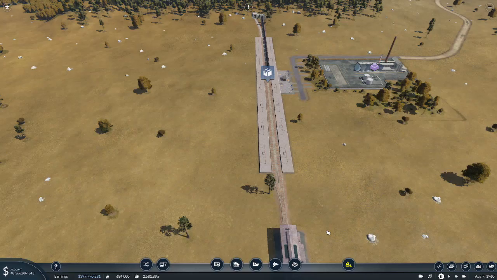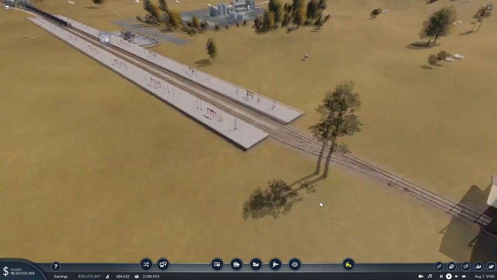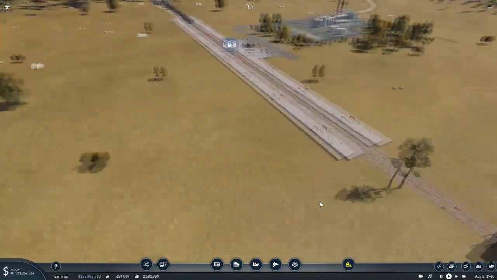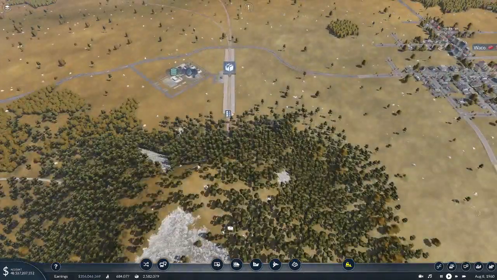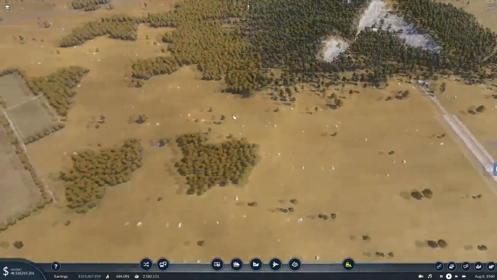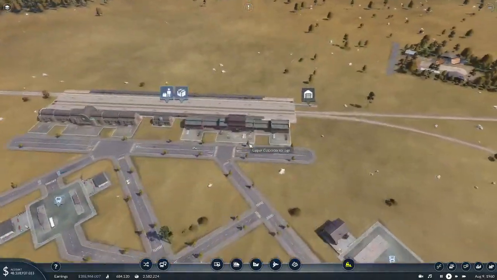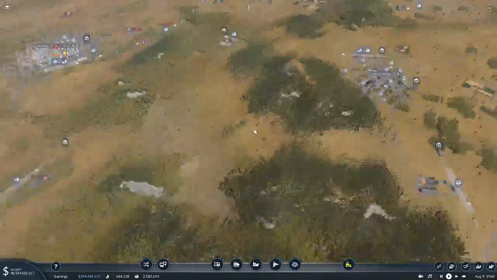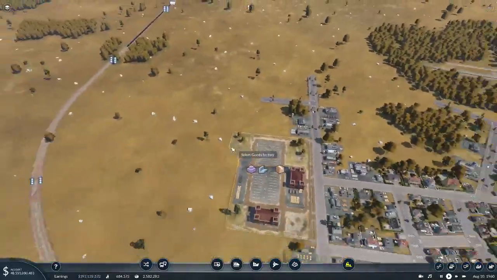There we go. Waco Plastics. This one had been stuck because I forgot to put an interconnecting thing here so that it could get onto that other track. Alright, so now we are delivering steel and plastics to here. We just need to set up a line here to deliver